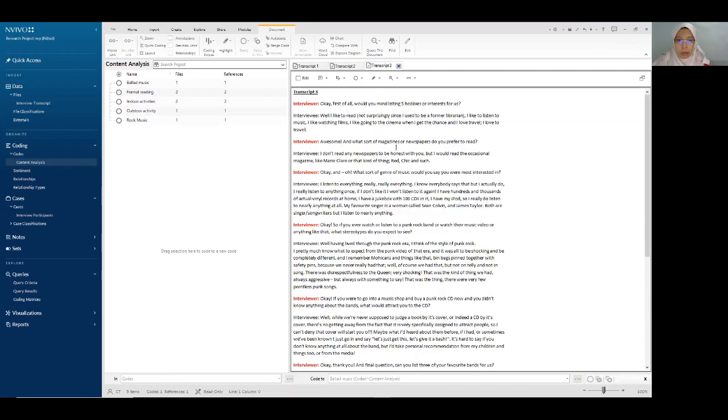move to transcript 3. So like watching film, going to the cinema, travel. Maybe this one depends, it could be outside or inside, so I would like to have cinema and travel as outside. I just highlight and code it as outdoor activities. So this person has totally different reading sources compared to the two earlier participants,